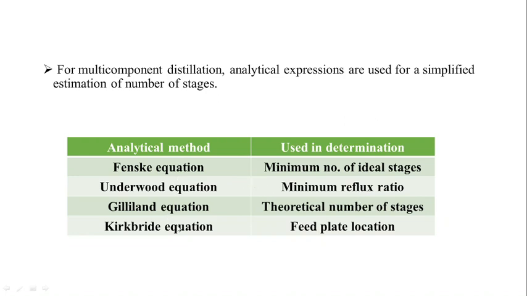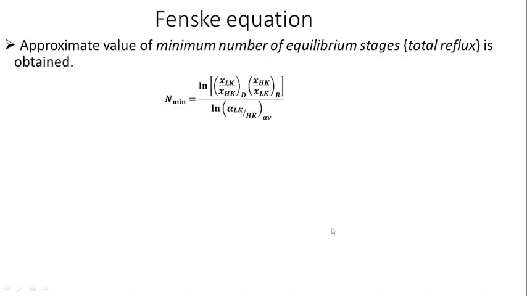So there are four analytical methods. The Fenske equation is used for estimation of the minimum number of ideal stages. The Underwood equation is used for minimum reflux ratio determination, the Gilliland equation is used for determination of the theoretical number of stages, and the Kirkbride equation is used for feed plate location. First we can see the Fenske equation. From the Fenske equation we get an approximate value of the minimum number of equilibrium stages, which is at total reflux condition. So this is the equation for finding the minimum number of trays,